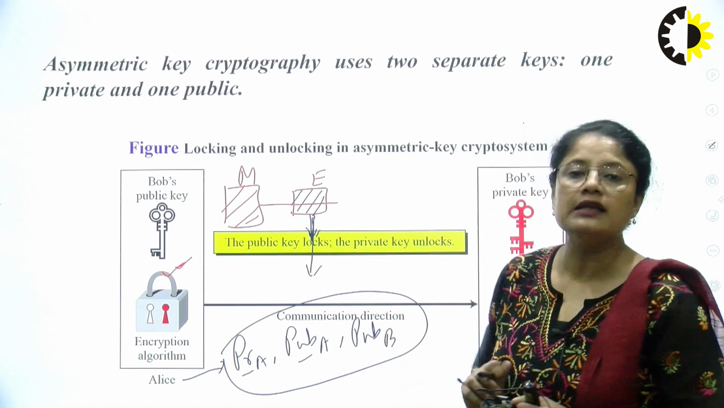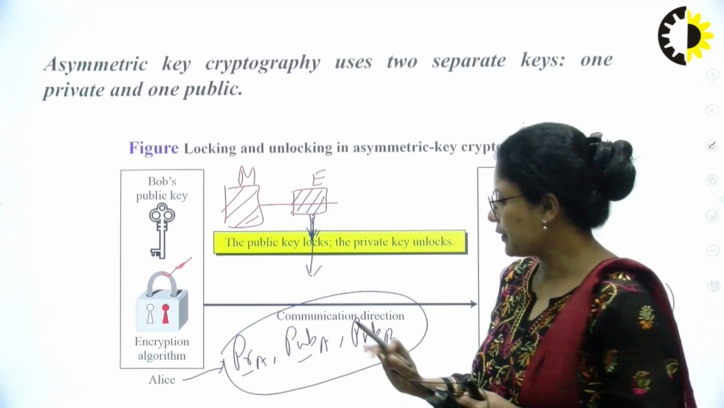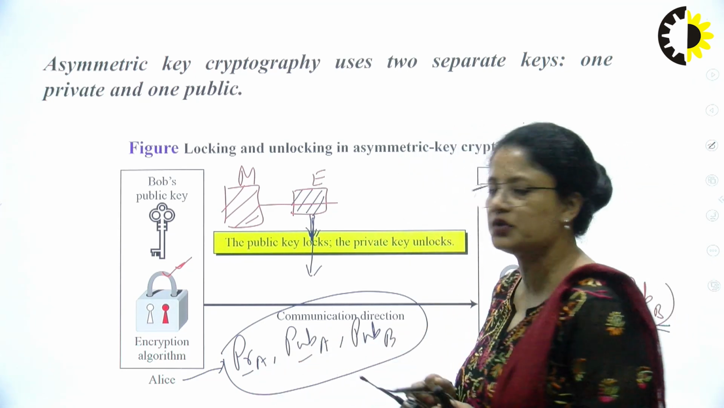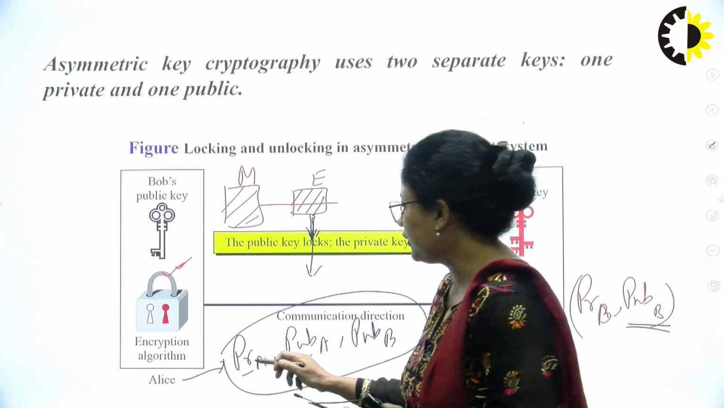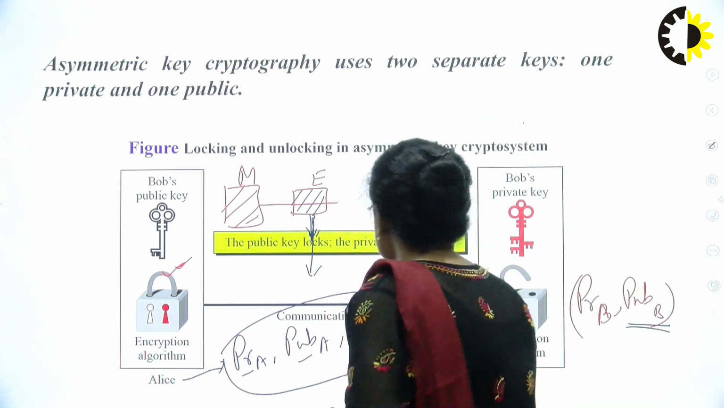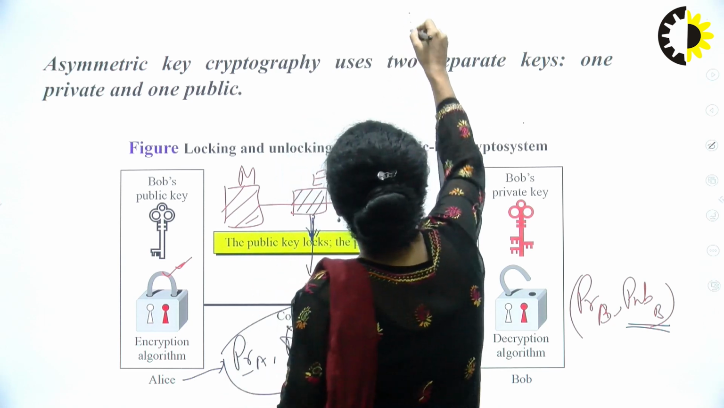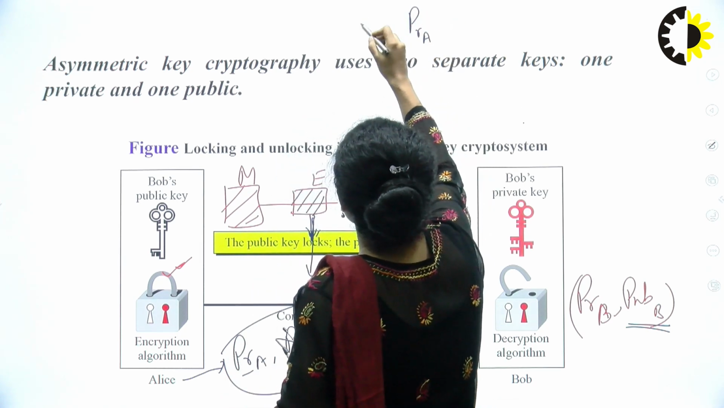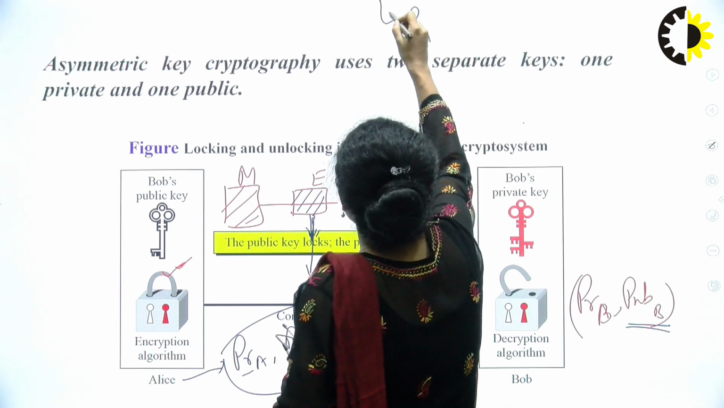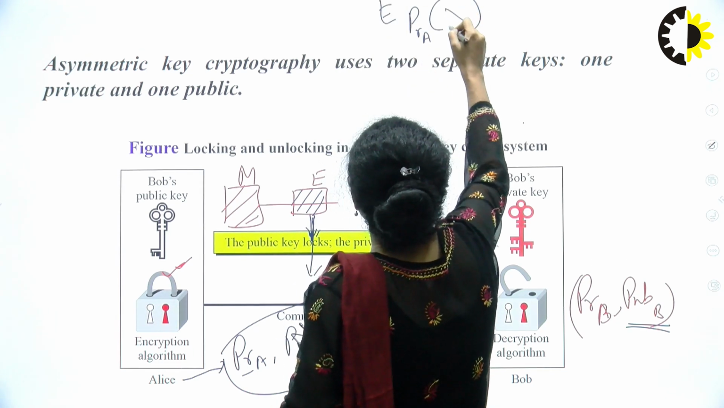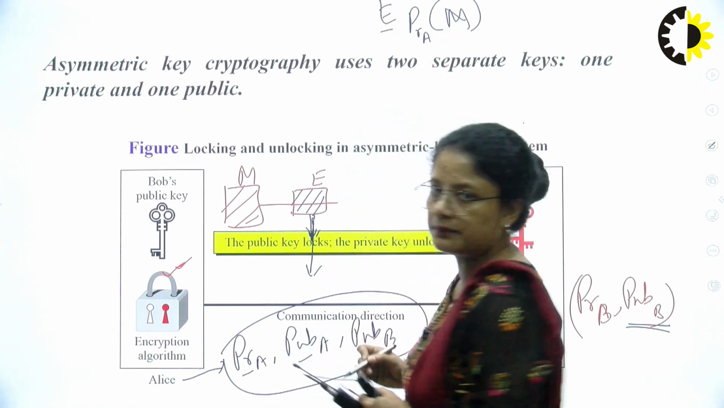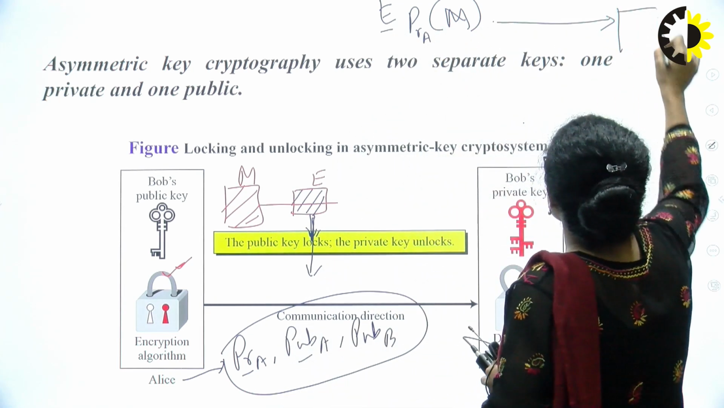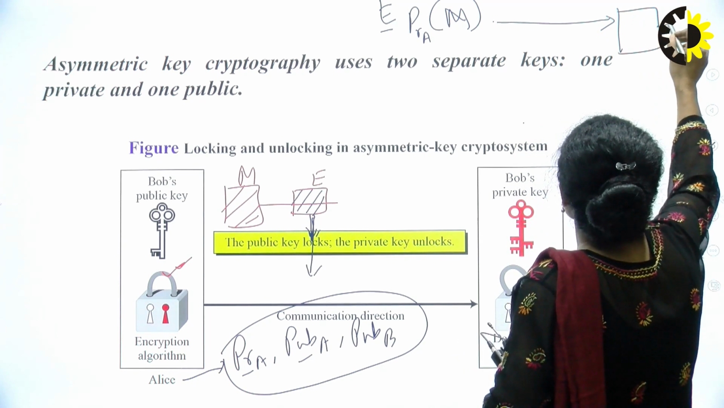Now, out of this set of keys, which one will Alice use for the purpose of encryption? Whether to use the private key of Alice, the public key of Alice, or the public key of Bob. For example, if Alice uses the private key of Alice for encrypting a message, then whatever the message is, finally at the receiver's end, to decrypt it,